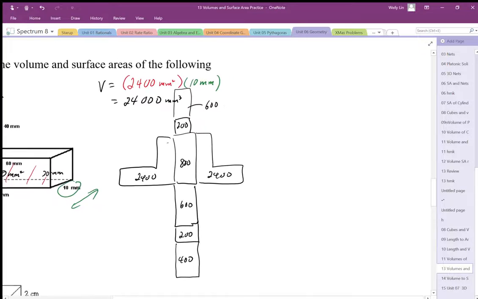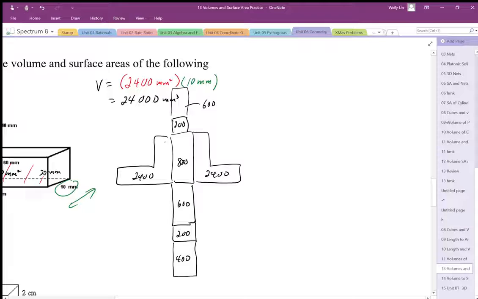That's the important part. That's what the hard part's going to be, is organizing your counting. So I'm going to add up all these surfaces: 600, 200, 800, 600, 200, 400, and then plus my two side pieces. I'm just going to add those together, just make that 4,800. Okay, add them all up. So I get